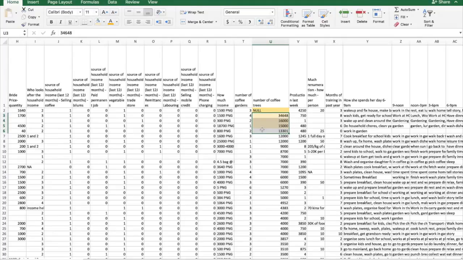So these are the 10 basic steps of data cleaning, and feel free